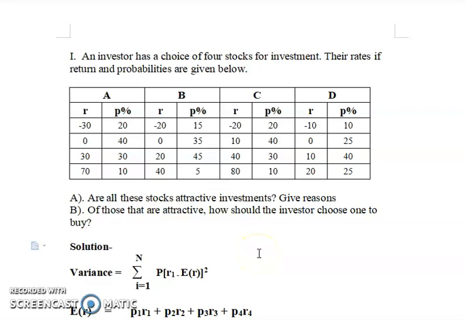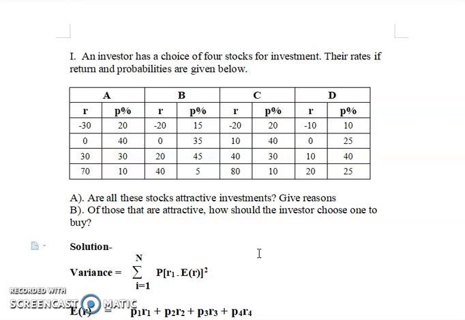This is about again the various calculation. How do we calculate the variance when you are given four different stocks? You have to choose the stock which is actually beneficial to you. Maybe you can pick up the stocks based on the return that each stock gives, or based on the probability of the expected return being given.